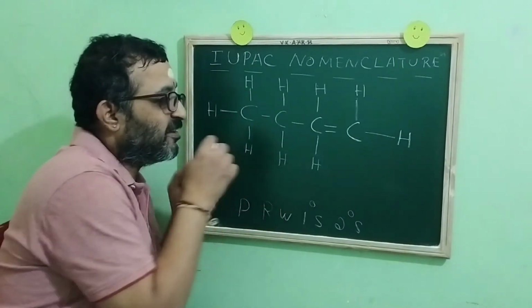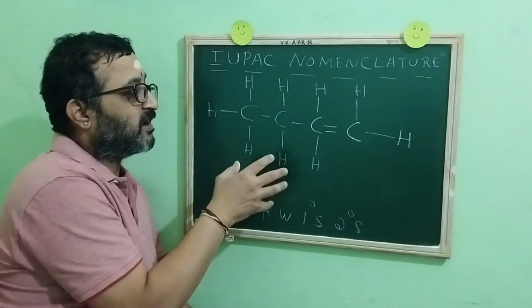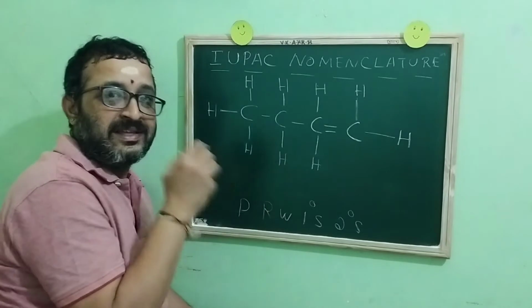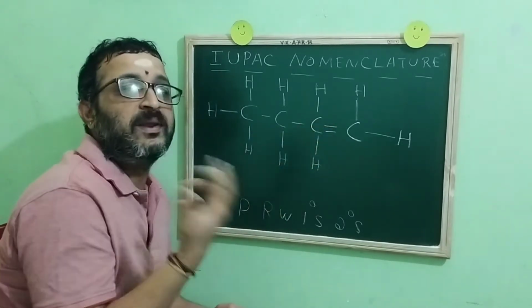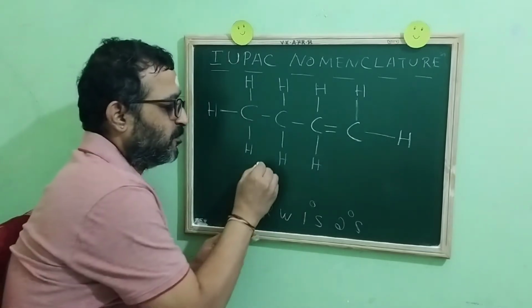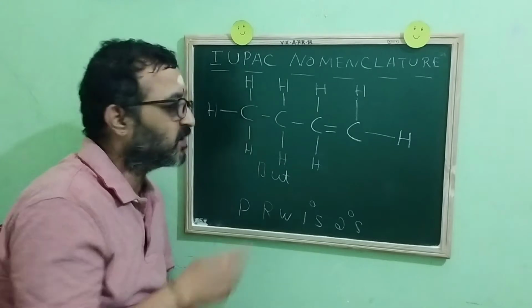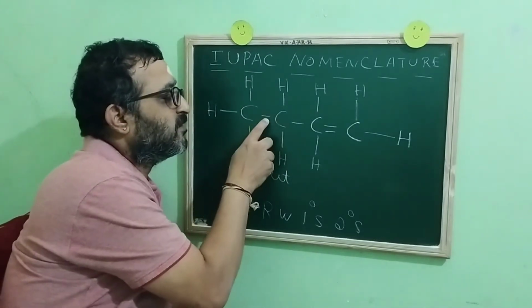Okay children, let us proceed with the next compound. See, first we have to check the root word in this compound. That is, in this compound how many carbon atoms are there? 1, 2, 3, 4. Yes, it is same as the previous one. So the root word for this compound is also what? But. Between carbon and carbon, single bond,